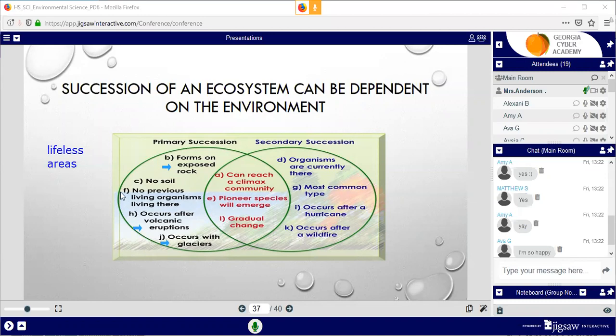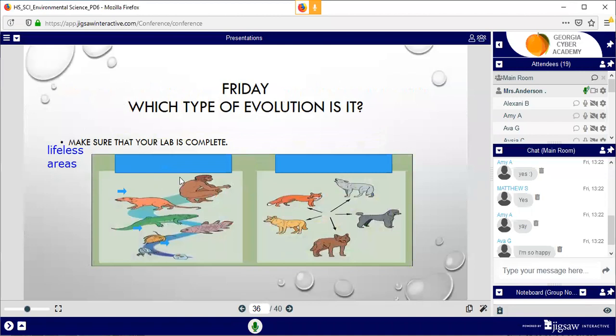There are no previous organisms living here. And if we look at your example over here on the left, there was nothing here at first. It evolved into some single-cell organisms, eventually into multicellular organisms. As they grow and they adapt and they change, they become more complex.